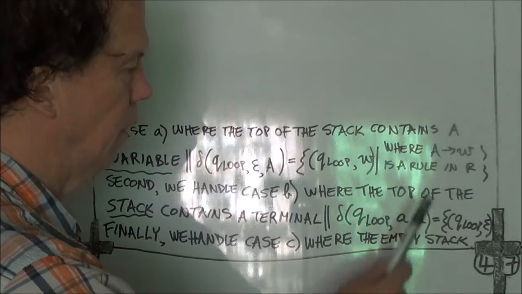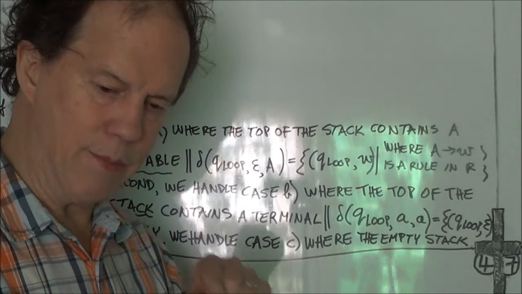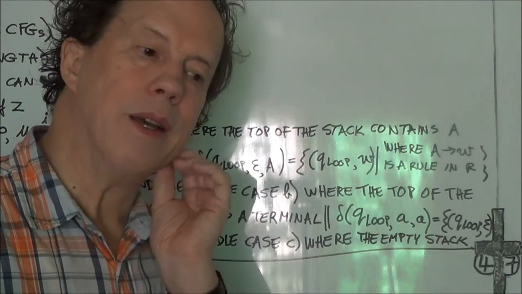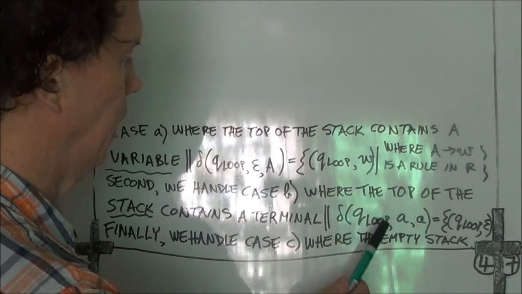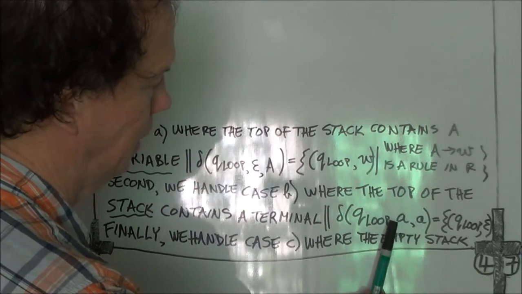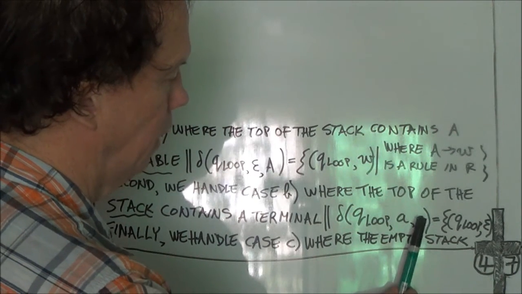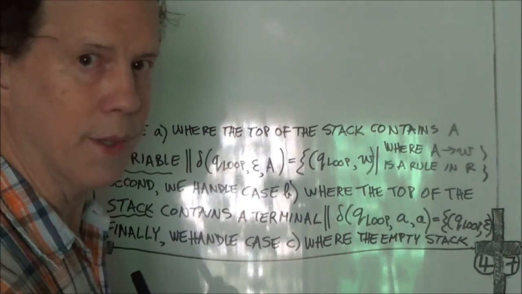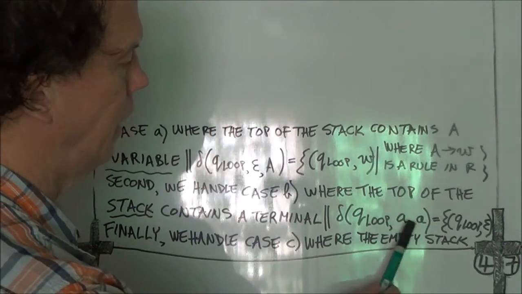So when you have a terminal at the top of the stack, that terminal symbol should be the same symbol that's currently being read in the input string by the PDA, right? So again the same triple: the current state, the current symbol being read in the input string of your machine, and the symbol at the top of the stack. Now you want these two to be equal, right? So when that happens,